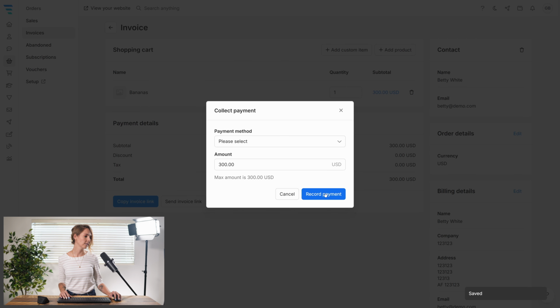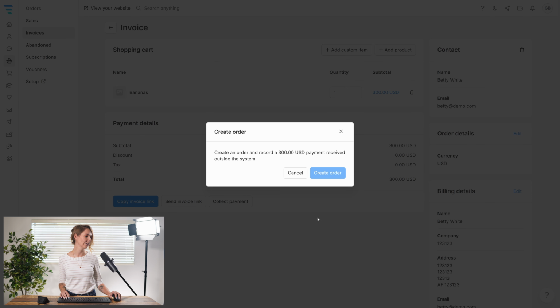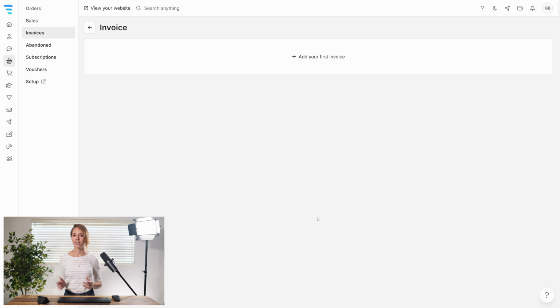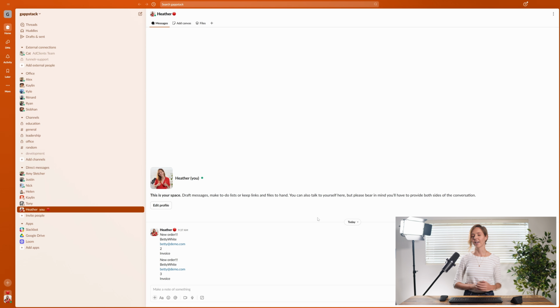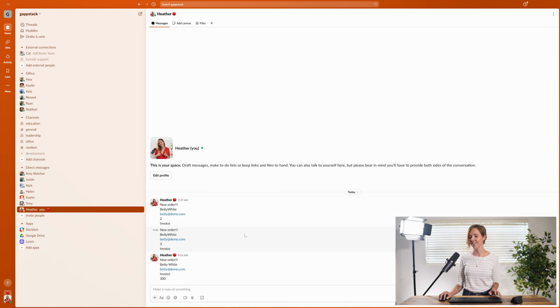And we're going to collect that payment. Oh, I need to select my payment method, record that payment, create the order. And then I'm going to navigate back to my Slack account. And again, we've just got to wait a few minutes for that notification to pop up. And there you go, that new notification has popped up and you can see that we have that amount there